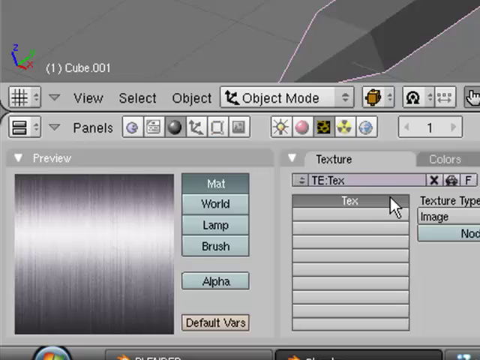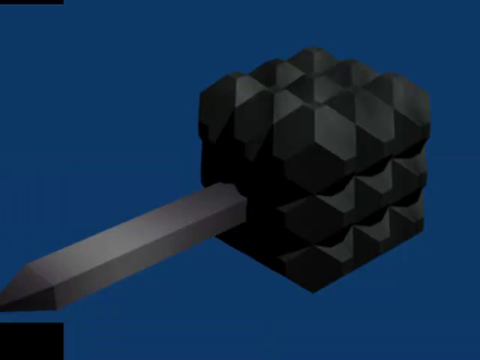Now you hit the car again to generate a name for it, double click. Let's try and hit F12 now and see what it looks like. And now you see you have a steel look on the handle, and a nice iron look on your maze head. So actually we just created a maze,